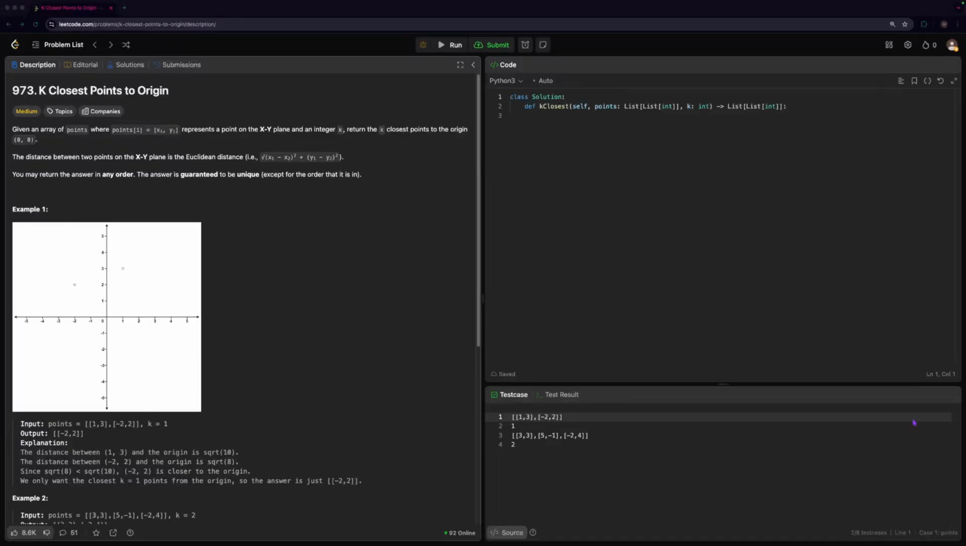Hello everyone, today is day 73 of solving a LeetCode problem every day, and today I'm going to solve K Closest Points to Origin. So given an array of points where points[i] = [xi, yi], which just represents points on the xy plane, and an integer k, return the k closest points to the origin, which is